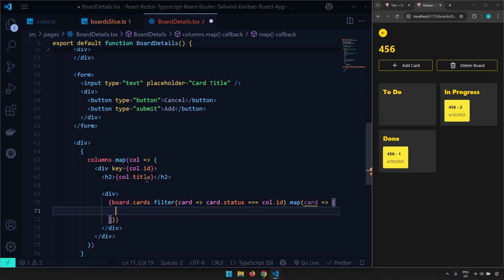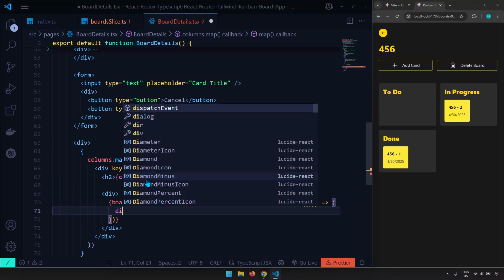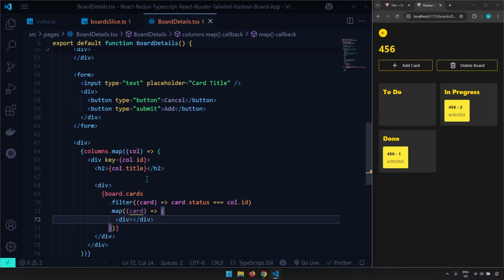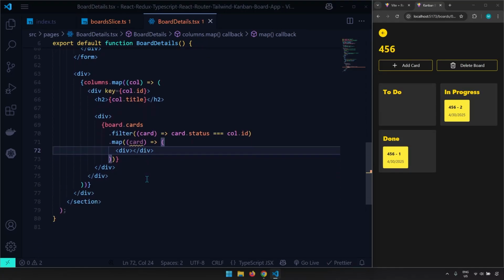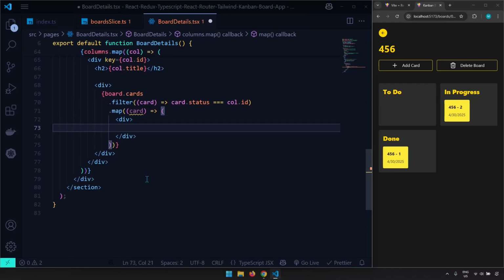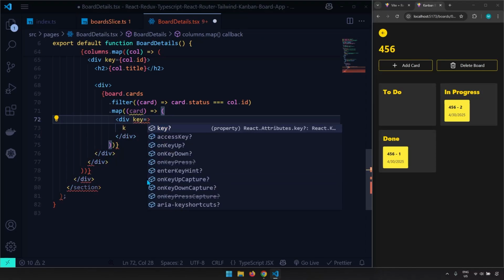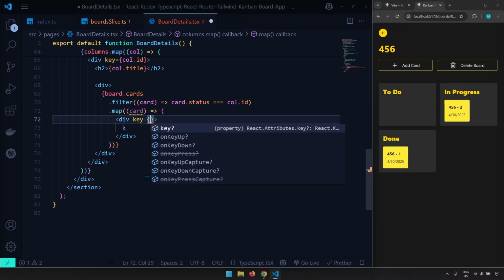All right, I hope you're not getting confused. So in here, we're going to create a div element. Let's save this. Now you can see everything is getting ordered. So this div is going to be that individual card. The div above it, that's going to be the container for the cards because we want it to be responsive. So for this one, let's add this key as a prop. So key is going to be